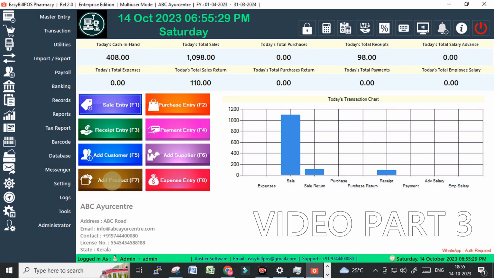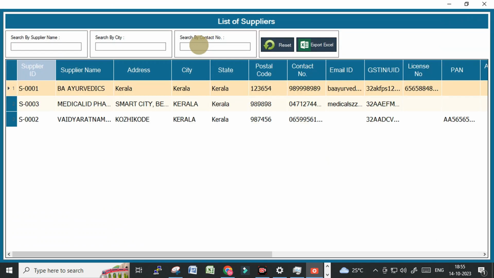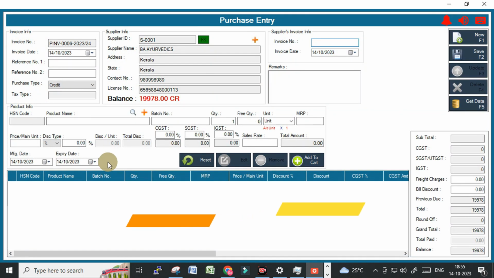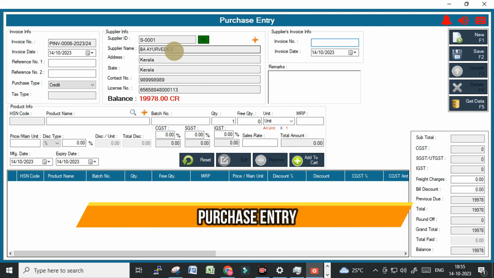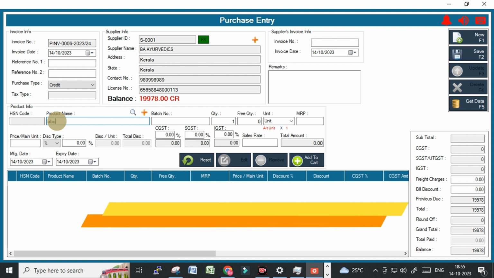And product entry you already saw, and now the purchase entry. Suppose you have a pharmacy, you are purchasing this item from BA Ayurvedics. So the particular medicine name you can just type, ABC. I'm just purchasing. Before, you know that we only sold 2.5 quantities of the ABC medicine 1 item, and now